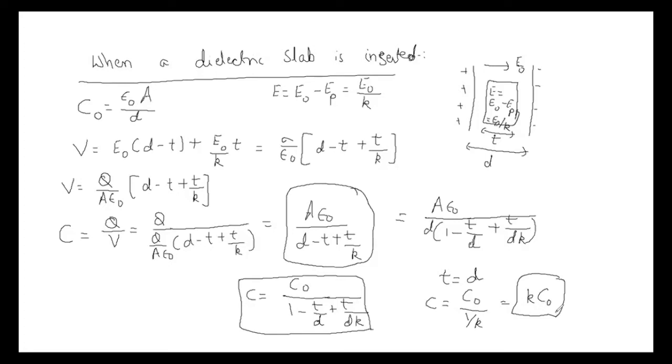Okay, so here we have studied the expression of the capacitance when the conducting slab is inserted and when the dielectric slab is inserted. When the conducting slab is inserted, there is no electric field inside the conducting slab. But when the dielectric slab is inserted, then a reduced value of the electric field remains, which is equal to E naught upon K. And these are the expressions for the capacitance. So we have completed the third part of chapter number 2.